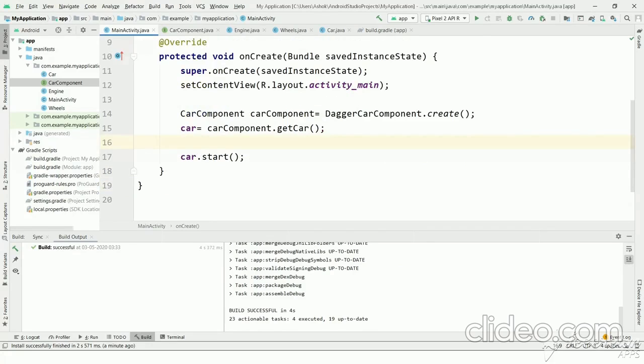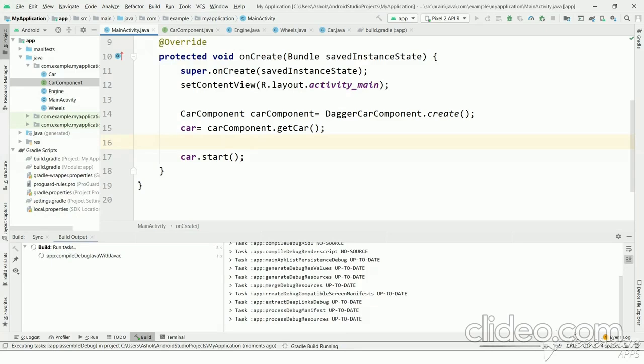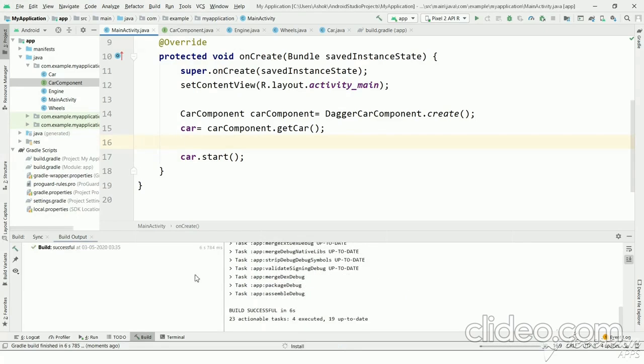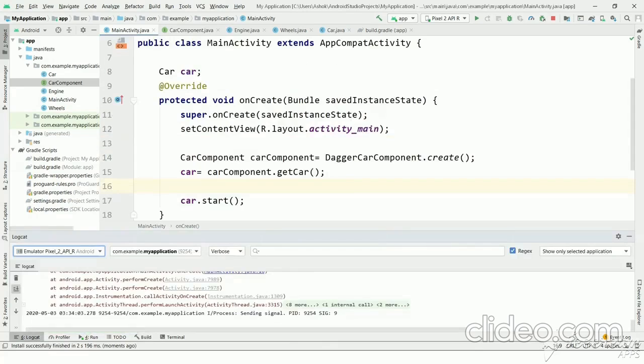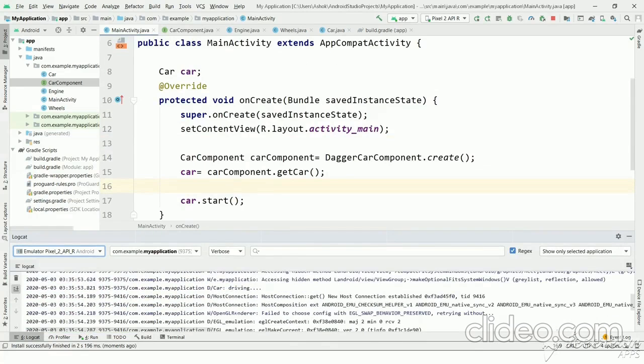So now let's execute and see the result. We need to get Driving as an output. So as you can see here, the car object is successfully created using the Dagger component, the Dagger library, and we have successfully called the start method.